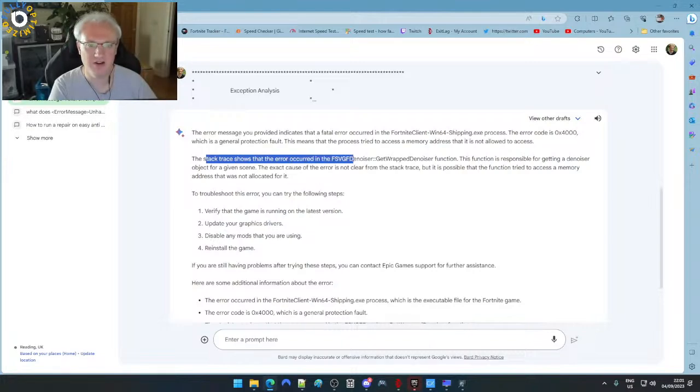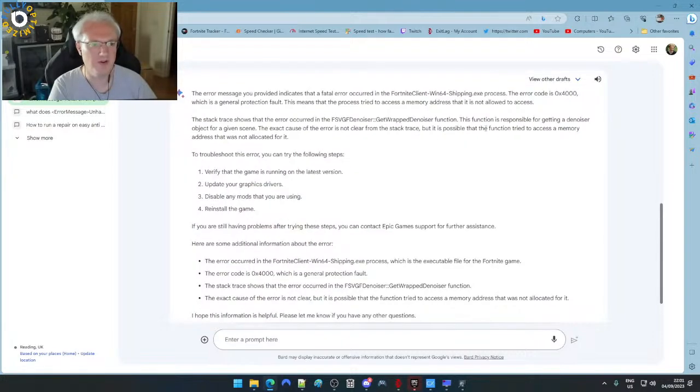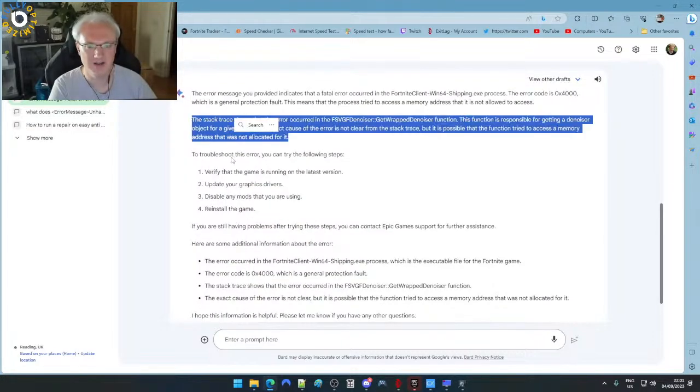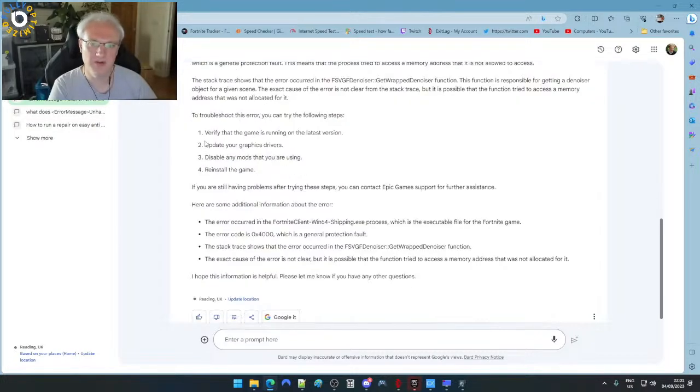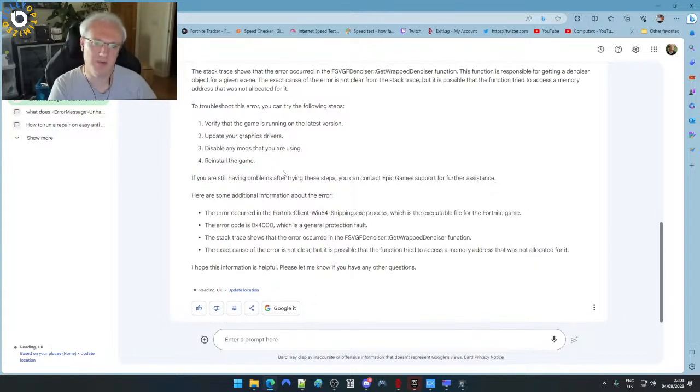So it shows that the error occurred in the get wrapper function. The exact cause of this error is not clear from the stack trace, but it's possible that the function tried to access memory addresses not allocated for it. Troubleshoot this error. Verify that you are running the latest version. Yes. Update your graphics drivers. Yes. Disable any mods. What mods would I be using? Reinstall the game. If you're still having problems,